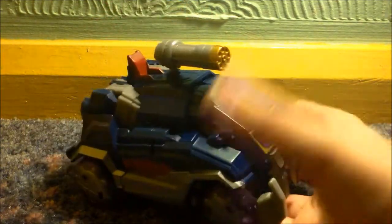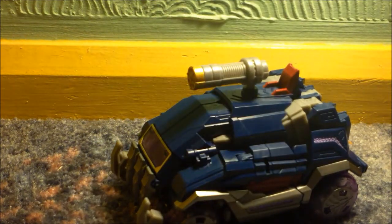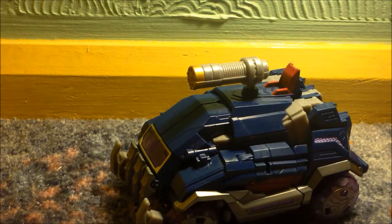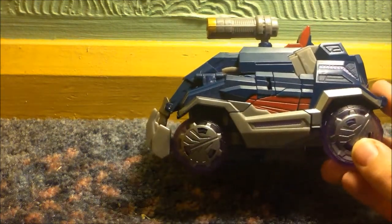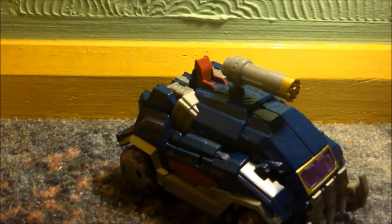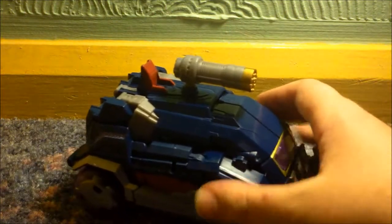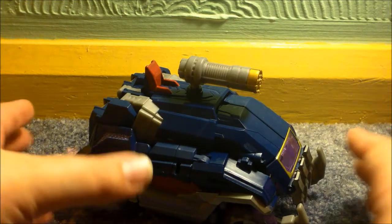Anyway, this is Soundwave's vehicle mode, a very, very nice looking Cybertron vehicle mode. Again, it's based, I would have thought, on the War for Cybertron Deluxe Soundwave figure that we got for War for Cybertron. It's more or less identical looking, but bigger, with a slightly different look, and more features. It does roll on a hard surface. The bottom of this can drag along the floor a little bit, but overall it's not too bad,